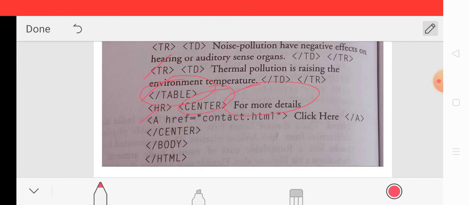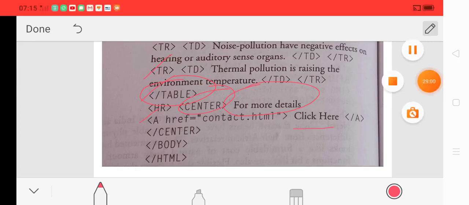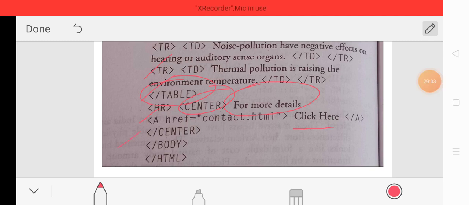After that there is a line, for more details click here, and click here is basically a link, so we convert it into a link by using the anchor tag. So we write a, then href, with the href attribute we write the address of the web page, that is contact.html, that is given in the question. After that we close the center tag, then the body tag, and at last the html tag.